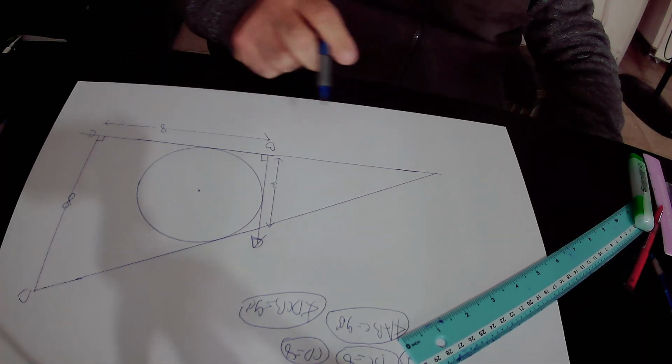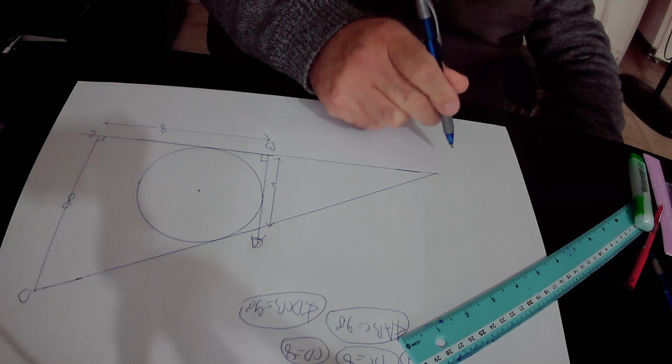We define the touching point of the two sides as M, this point,